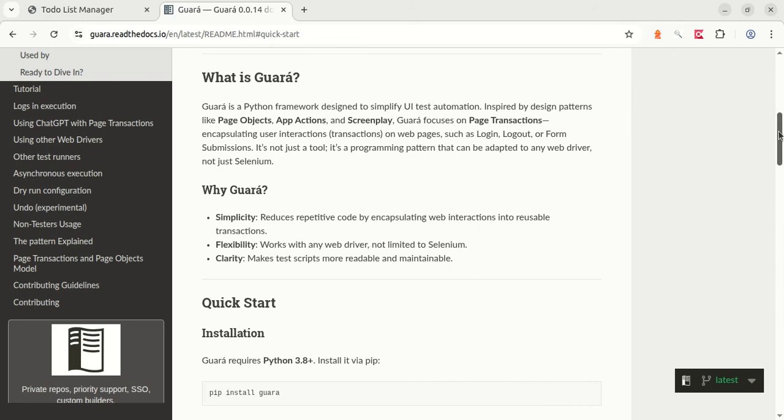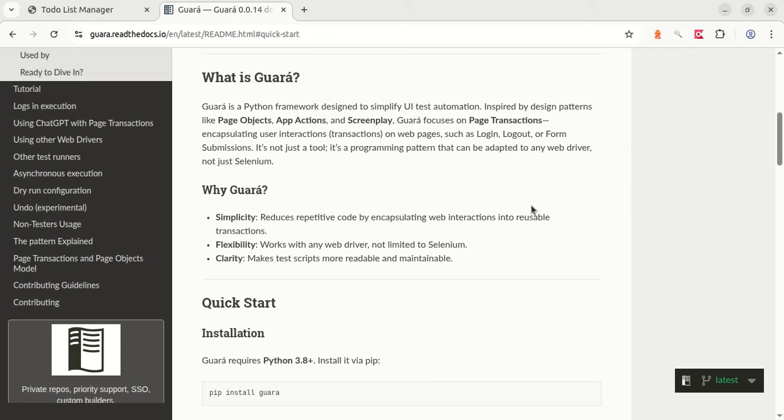It's inspired by other well-known patterns like page objects, app actions, and screenplay, and it's based on the page transactions pattern. The main idea of this pattern is to give